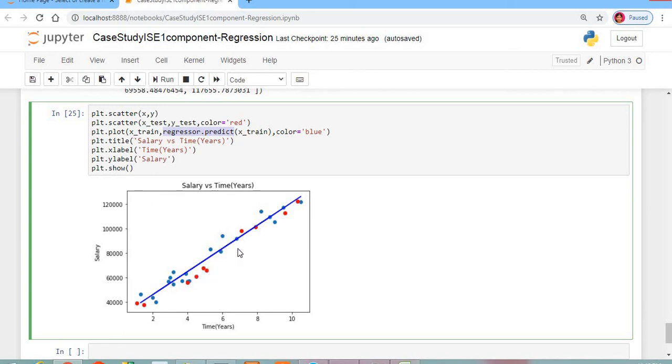Once we have plotted this, the blue line is nothing but what? Prediction. Okay, prediction what we have got. So our prediction and the actual values are falling in line. If they are falling in line, that means what? Our model, based on the linear regression, is working perfectly. Why? Because you can see the values are falling on the predicted values.